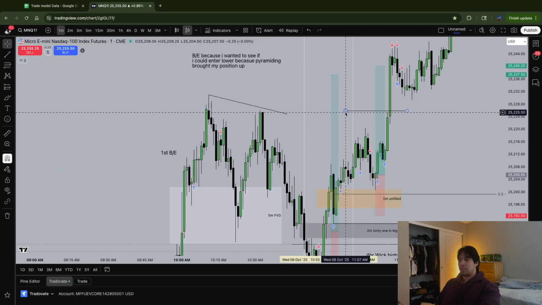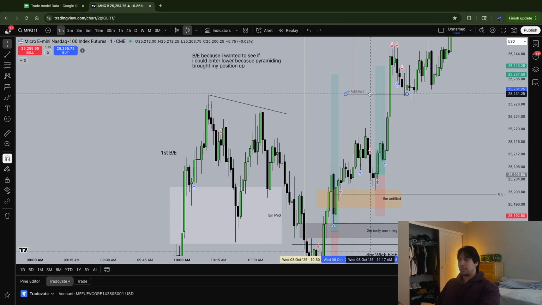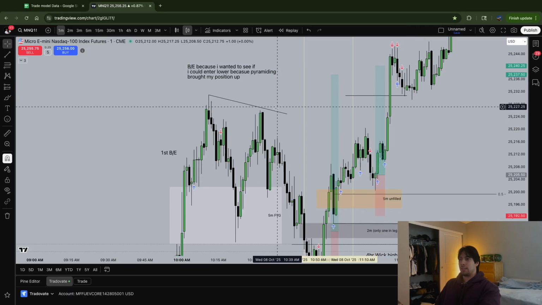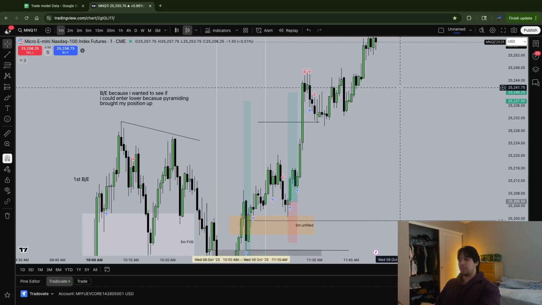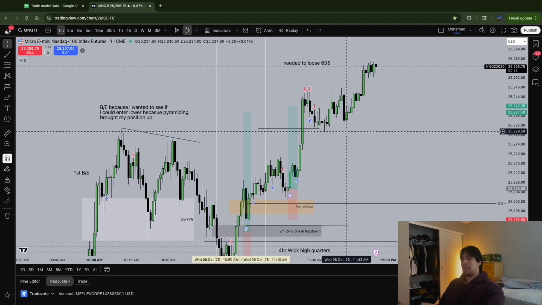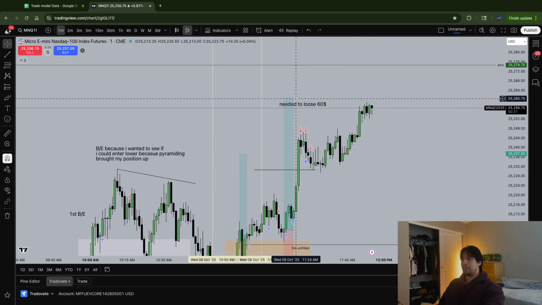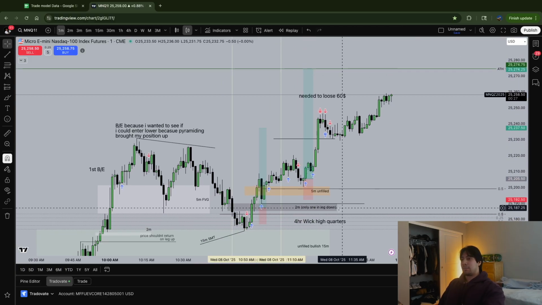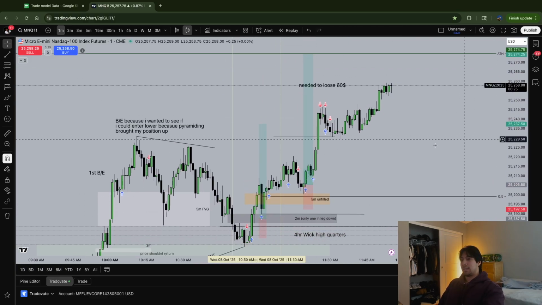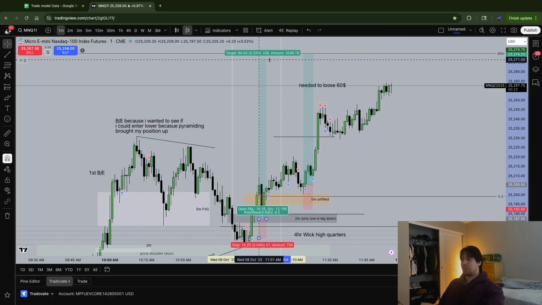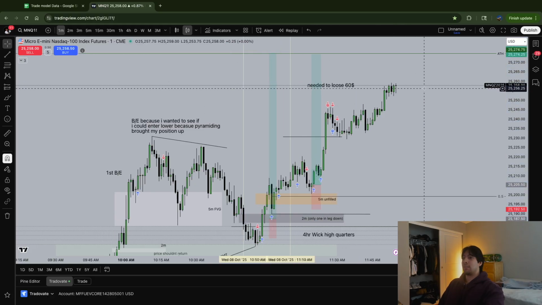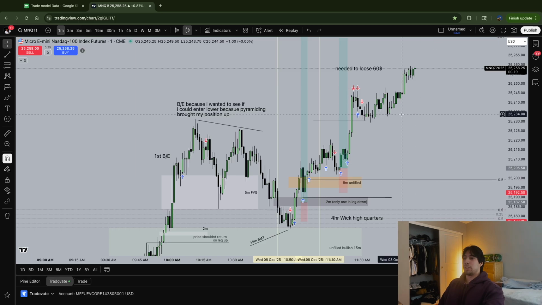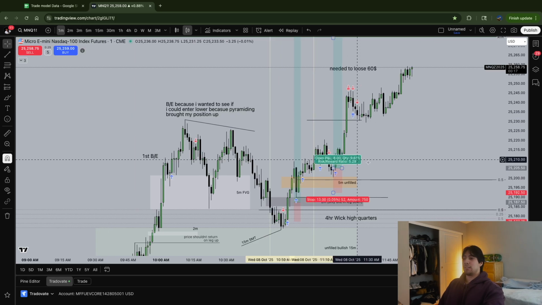So then first target would be, why do I have that marked? It would be this. Then I want to see if we could take out all-time highs. It looks like we're going to do that. And so that trade alone would have been like, we're probably going to take all-time highs, I'll be honest. 68. From here, if you wanted to get in that 2 minute inversion, which is the trade that I would have taken, and then if I was on funded, I would hold runners because we didn't invert this yet.